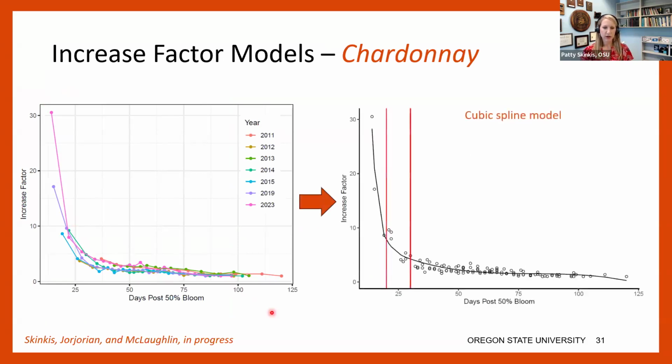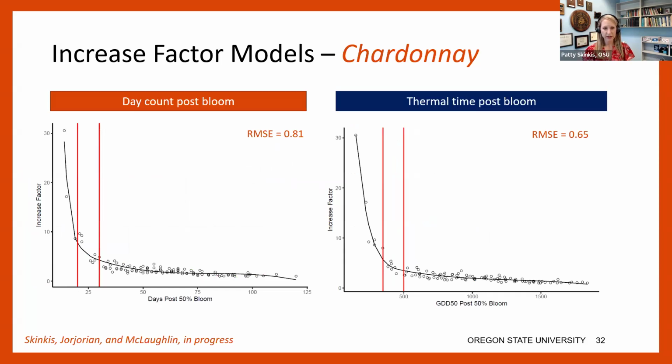And we've fit it to a model that we've adjusted a little bit, which differs from how we approached Pinot Noir, and it's a cubic spline model. Basically, there are just differences in how the curve is fit prior to 20 days and then from 20 to 30 days. That is just adjusting the equation that's used in the model. And so what this looks like for Chardonnay, if we look at day count post bloom, much like the Pinot